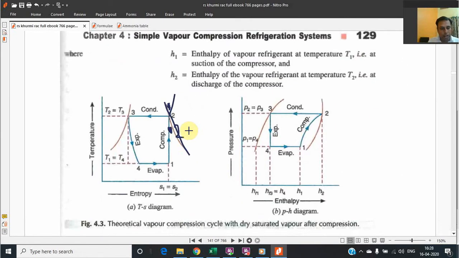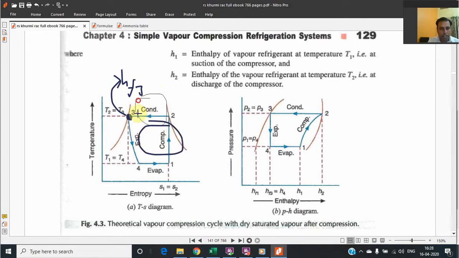One by one we will see how we solve this question, because after compression the condensation process takes place. We can't stop the condensation process here, neither here nor here. We have to stop on this curve itself, because this is the liquid curve, and condensation means converting the vapor into liquid. So we have to stop on this liquid curve itself, and the enthalpy at this point is called HF, and that's why the term HF3 is used, because the enthalpy becomes fluid enthalpy at this point.